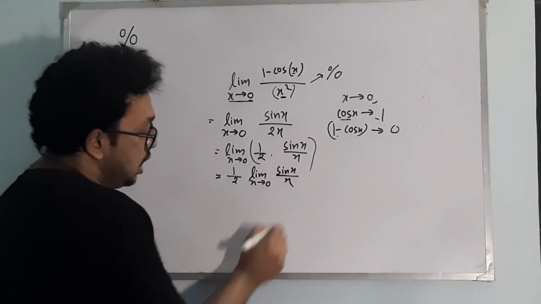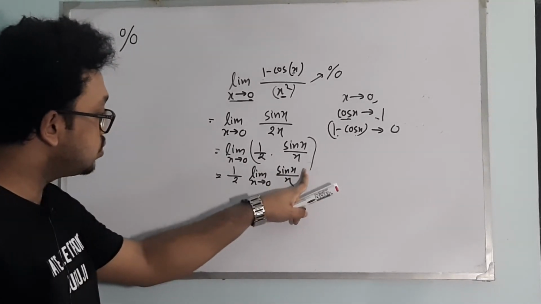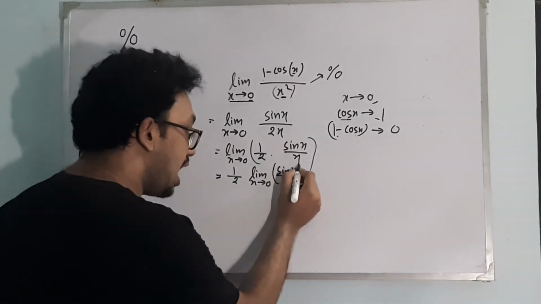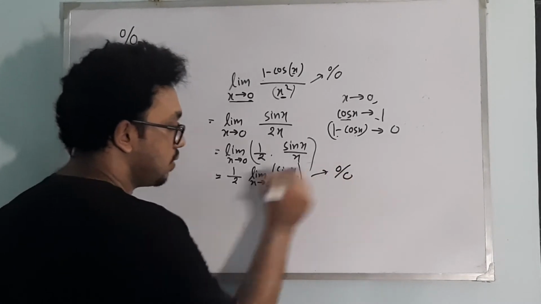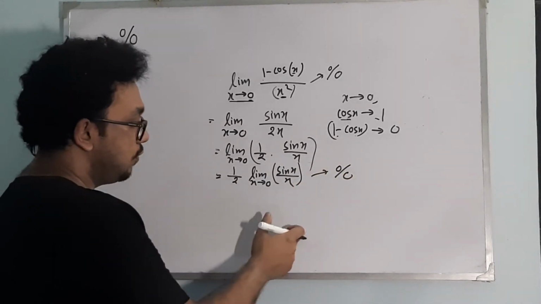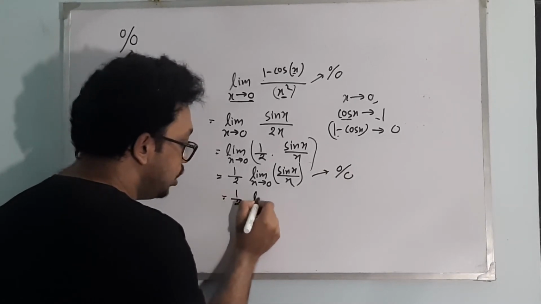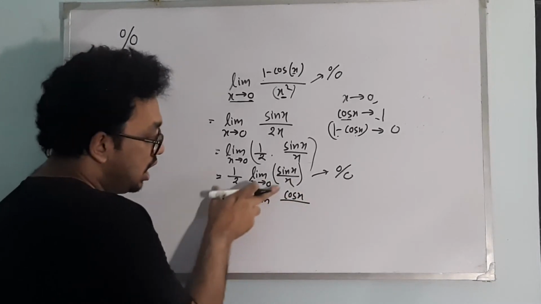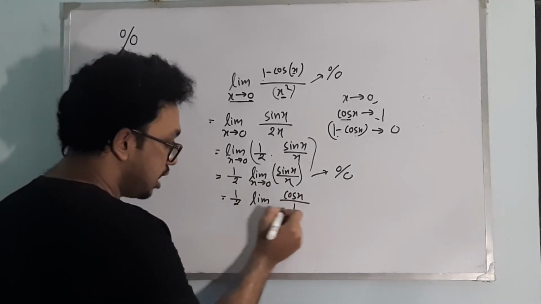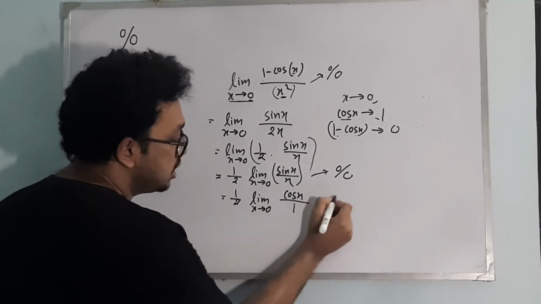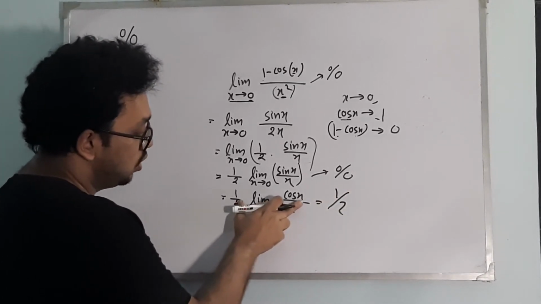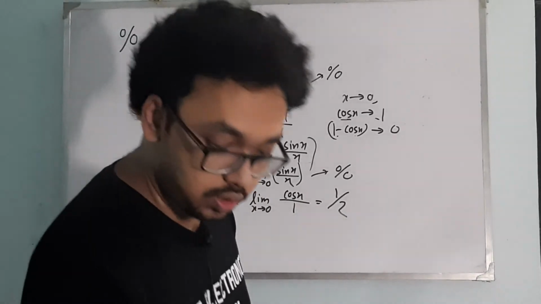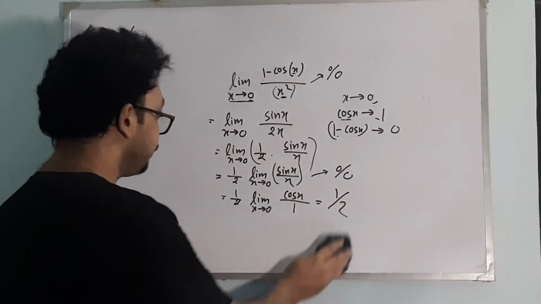Now observe, you see that when x tends towards 0, sin x tends towards 0, and this x in the denominator will also tend to 0. So you observe that again this function is present in a 0 by 0 form. Sin x by x is in a 0 by 0 form. So we will again differentiate the numerator with respect to x. Differentiating the numerator sin x, we will get cos x. If we differentiate the denominator x with respect to x, I will have 1, and we will find the limit, which will come as half, because when x tends to 0, cos x is tending towards 1, so we will have half. So I hope that the concept of the 0 by 0 indeterminate form is clear.